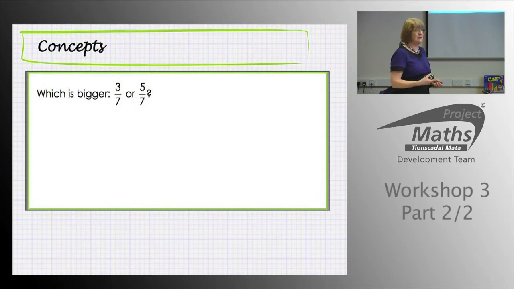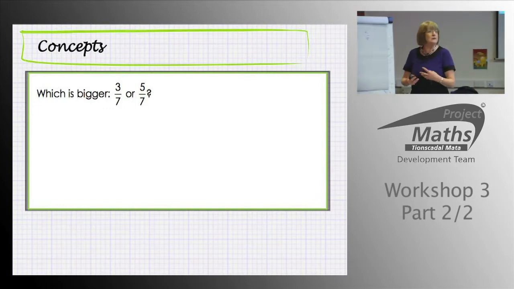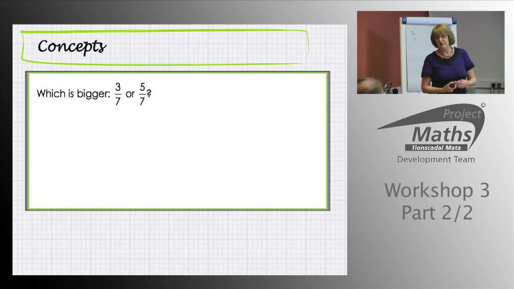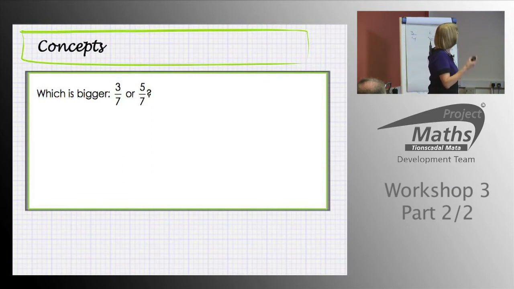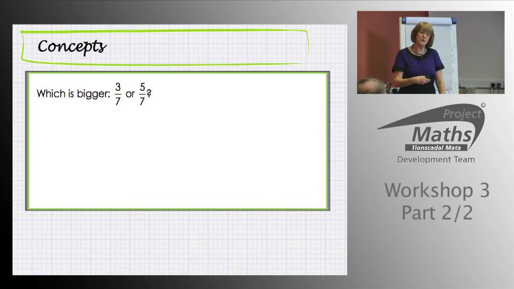But it would be nice if we had a few more informal methods of deciding which fraction is bigger. I have almost a visual idea of it. Now, there's no problem really when it comes to fractions that have the same denominator. But in this case, if a student was trying to explain to you, or you were trying to explain to a student, why 5/7 is bigger than 3/7, what would we